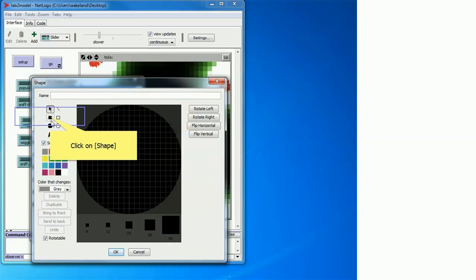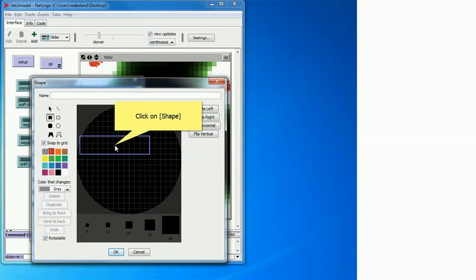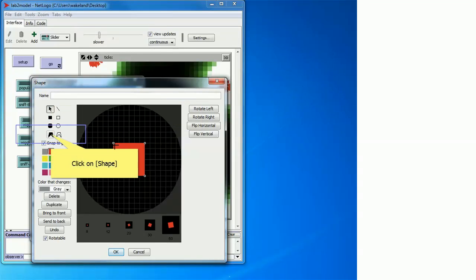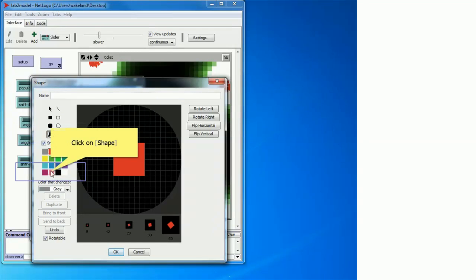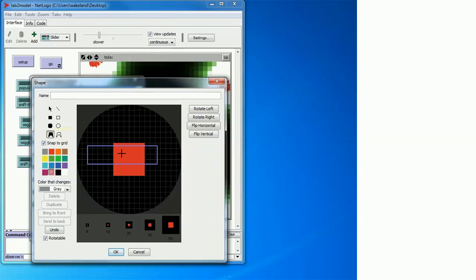I'm going to select this shape here and red, and now I'm going to create a red block, and then I'm going to take this funny looking little shape and make it this other odd color, and I'm going to place it